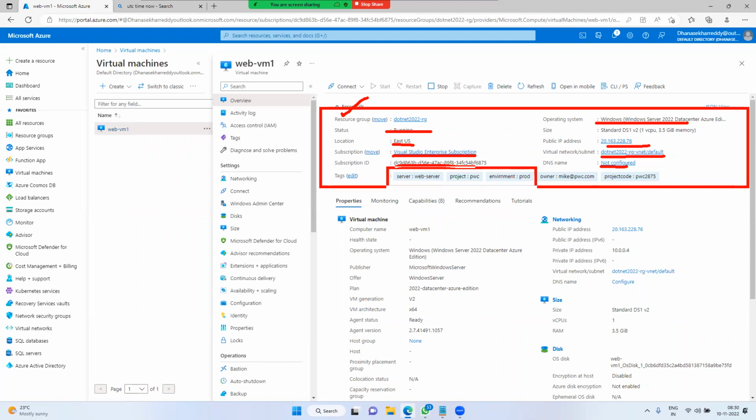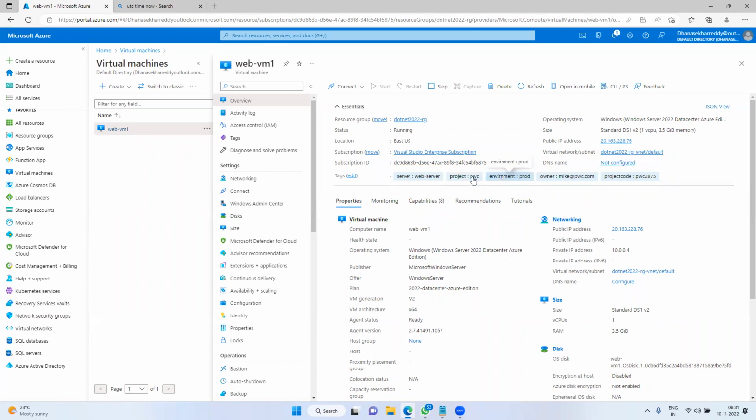Then the tags: server, web server, project PWC, environment production, owner, project code. You got some information. In real time you can have more tags. I have provided just 4 or 5 for our reference. In real time we may have more than 20 as well.